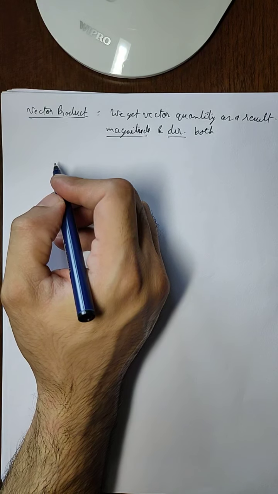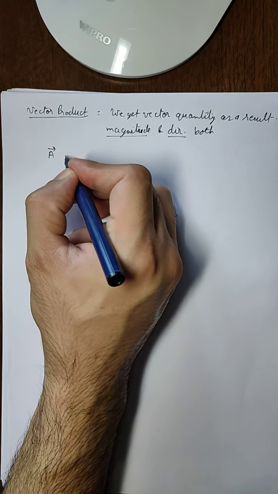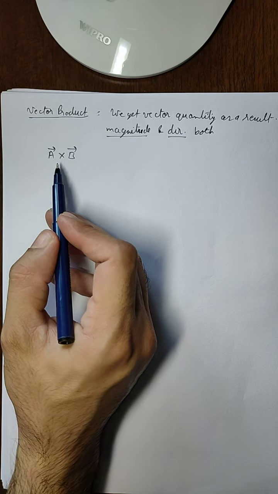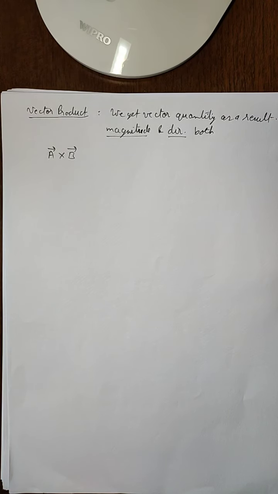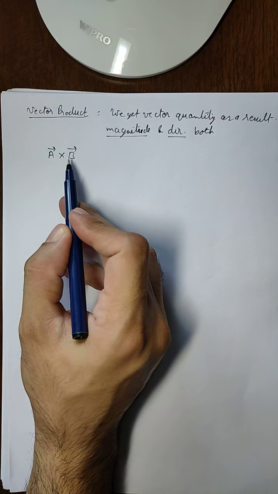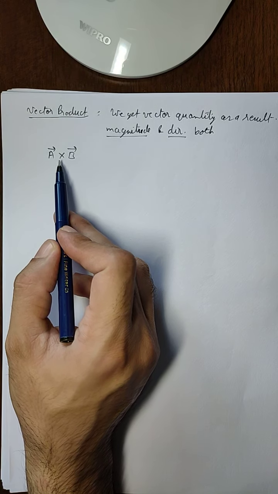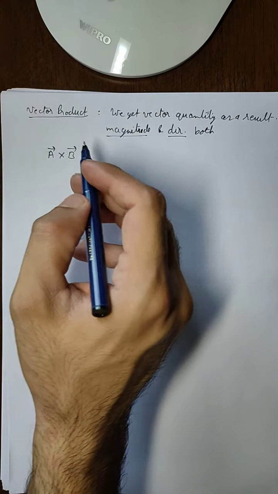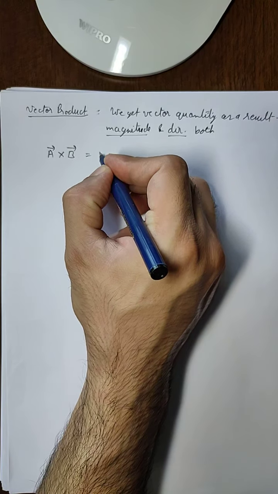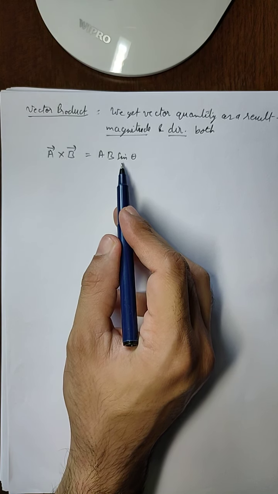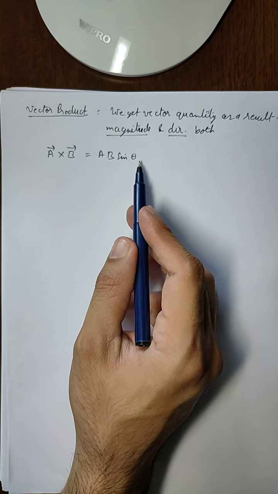Now first I will give you the general formula. Vector product is defined as A cross B. Now this is called cross. As I told you in the previous video, we have to be very careful from now on about what sign we are using. If we use dot as a multiplication, then it implies that you are doing scalar product. And if you are using this sign, then it implies that you are doing vector product. So we have to be very careful. Now this is vector product A cross B, and the general formula of this is AB sin theta. So there is a difference of trigonometric identity. In dot product there was cos theta, in cross product there is sin theta.